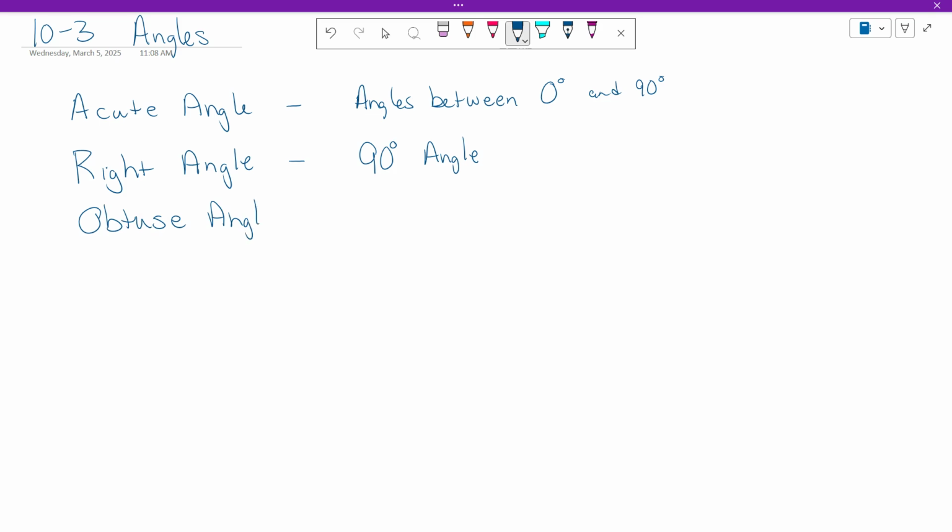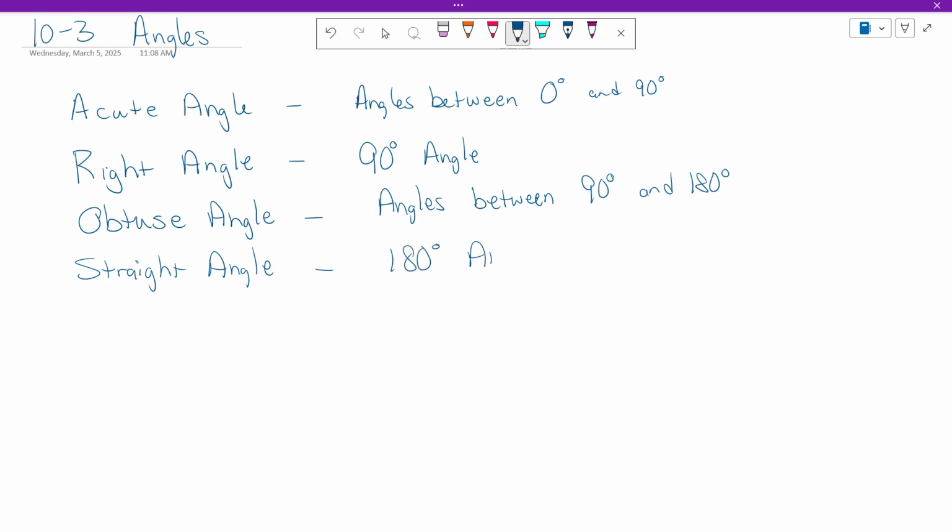What's an obtuse angle? Angles between 90 degrees and 180 degrees. A straight angle, or an 180-degree angle,